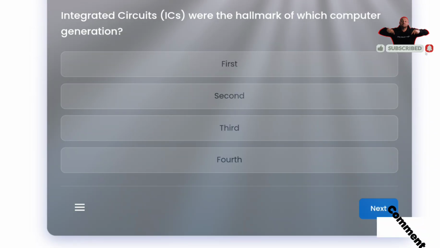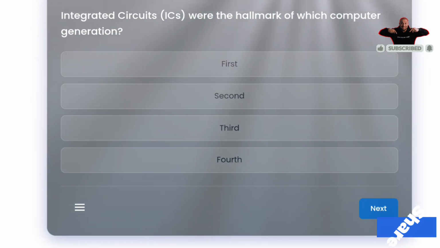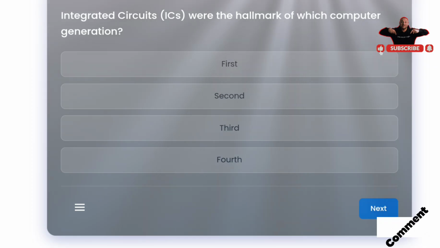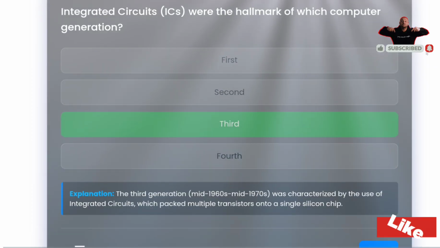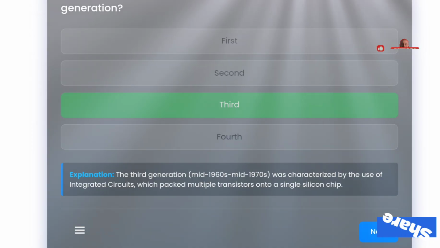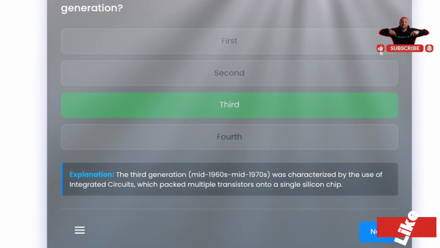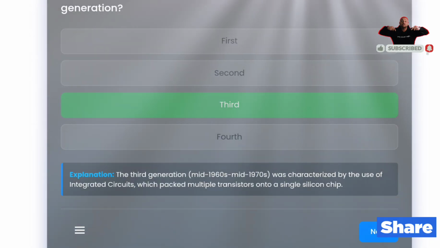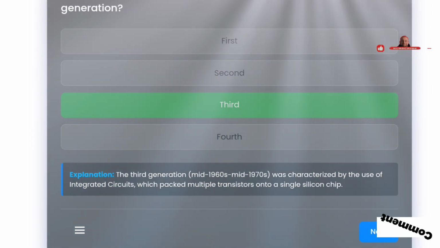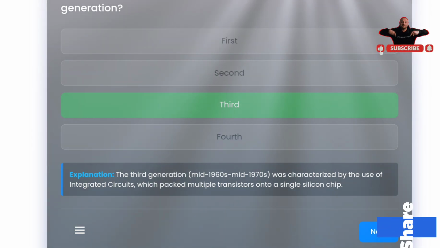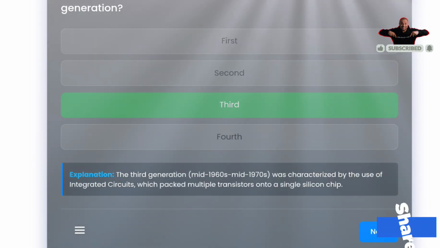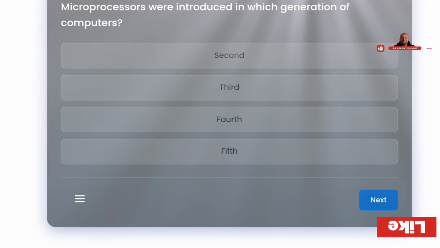इंटीग्रेटेड सर्किट्स ICs were the hallmark of which computer generation? थर्ड वन, द थर्ड जनरेशन, दैट मीन्स 1960 से लेकर 1970s तक, were characterized by the use of integrated circuits which packed multiple transistors onto a single silicon chip। Next question,